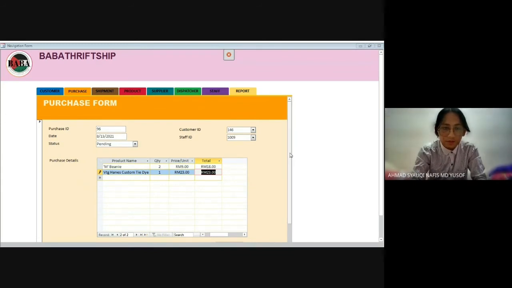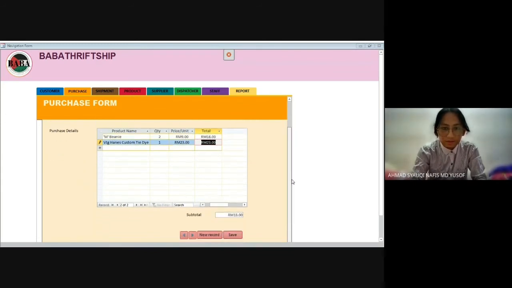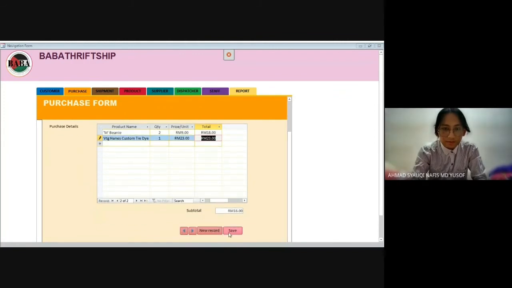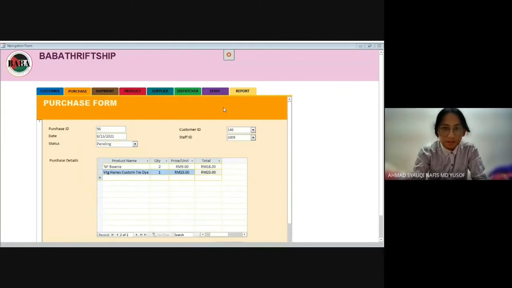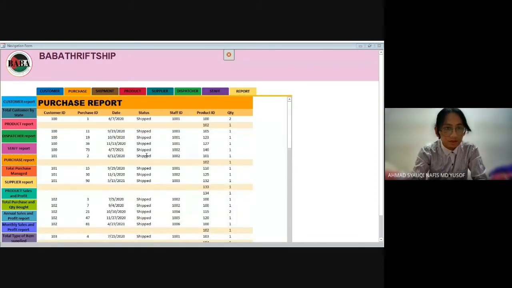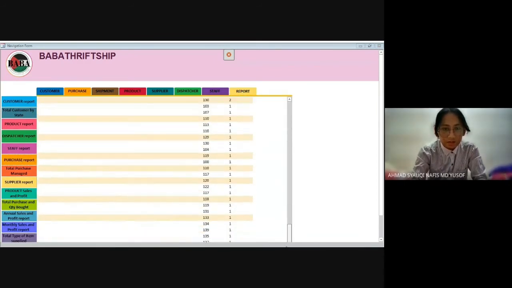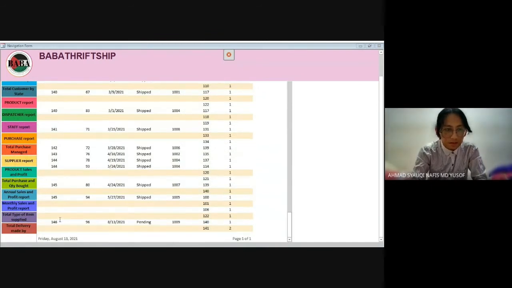Once I have filled all the required info, I'll press save, and it should be in the purchase report right here for customer number 146, order ID 96, and the date is today. It is pending. This is the staff ID, and this is the product ID, and this is the quantity that the customer has bought for the particular product.